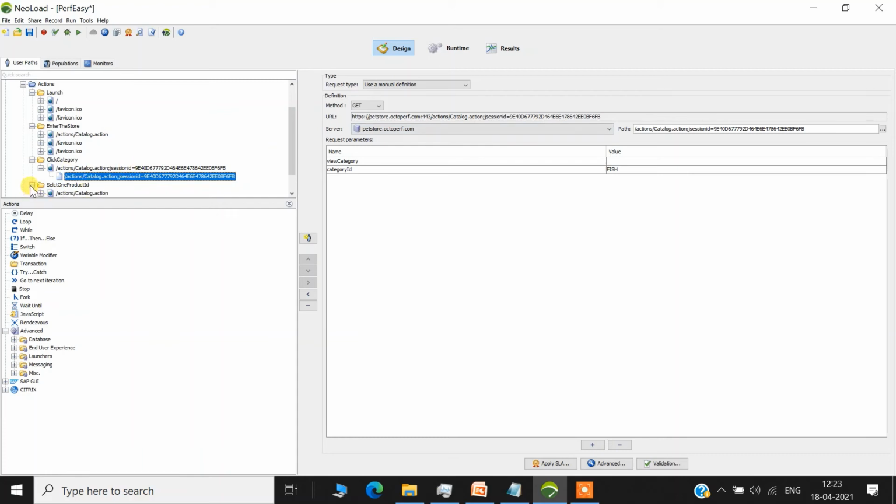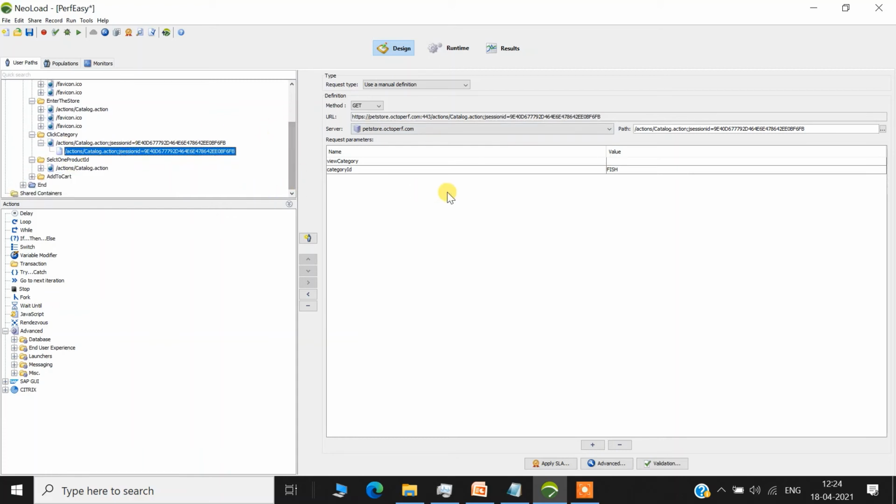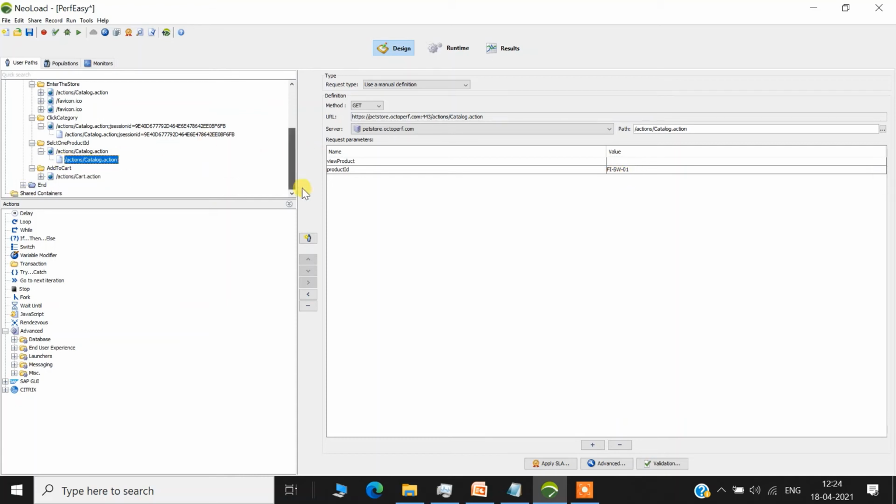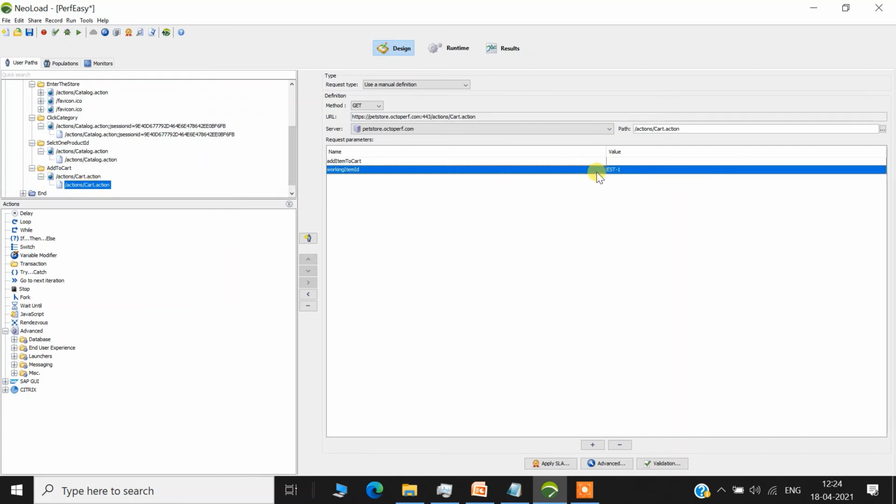Then we selected one product. Let's click on this plus, go to the request and see, yes, F1SW01. This was the product ID that we clicked on. Then we moved on to add to cart. Yes, the EST1 was visible. This was the product which we added to the cart. So yes, my recording is correct, and we have not missed any request. The purpose of this activity is to make sure that we have not missed anything first.